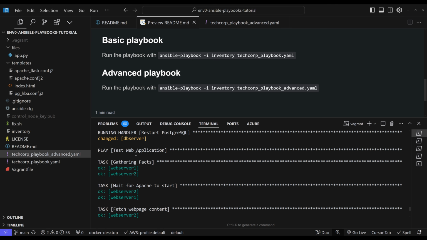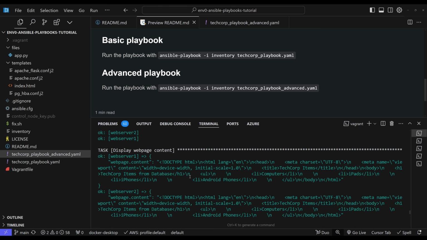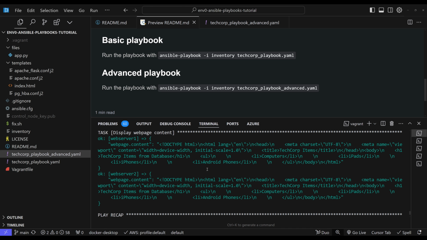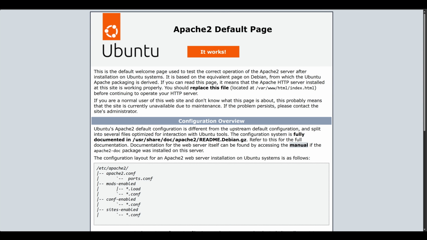And then we have a third play here, testing our web application, waiting for Apache to start, fetching a web page. And you can see here it's in HTML, the page that we're retrieving. It all checks out nicely. And in this case, we have a lot more changes that occurred on both the database server and the web server 1 and 2. And if we go to our website and refresh here, we should see now our Flask